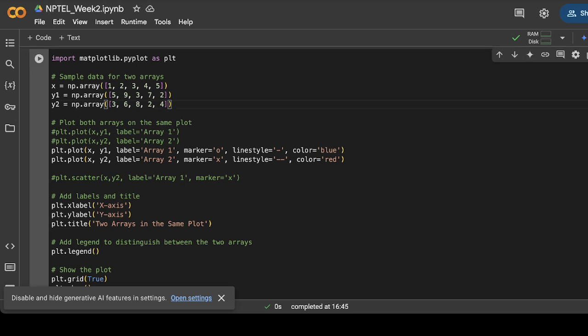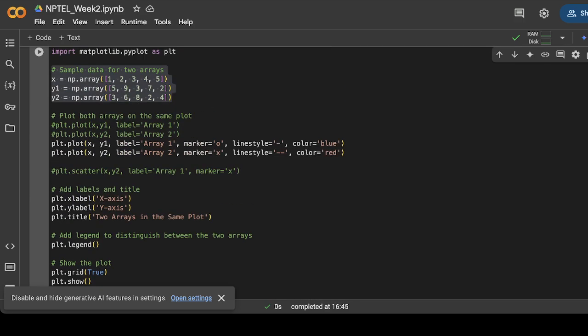Okay, so maybe I will define a few arrays which are already with me. So these are the sample data for arrays. Now I want to plot. Suppose I want to plot x versus y1. Then I will just do plt.plot x, y1, and then I will